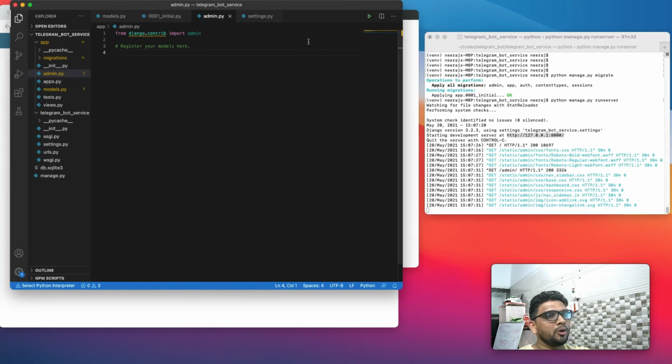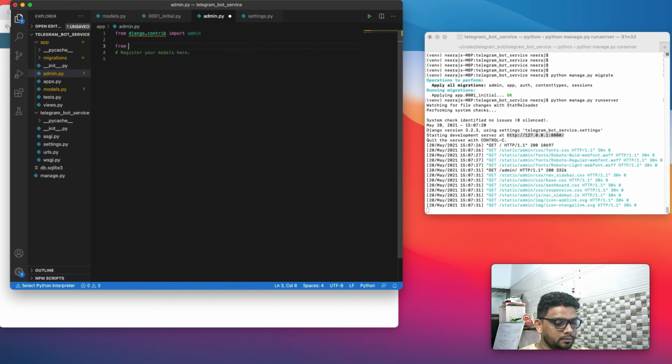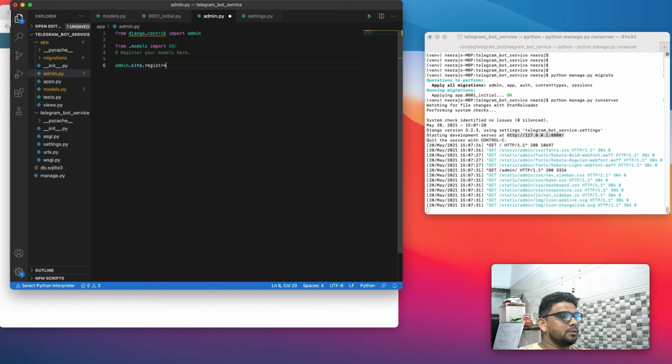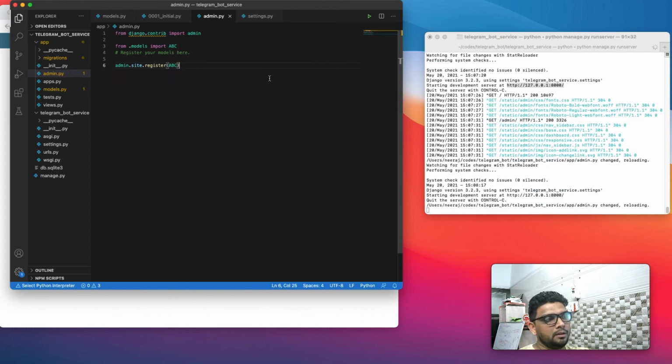Just go to the admin.py file and import the ABC model, then admin.site.register and ABC. This is the model name, and I save the file.